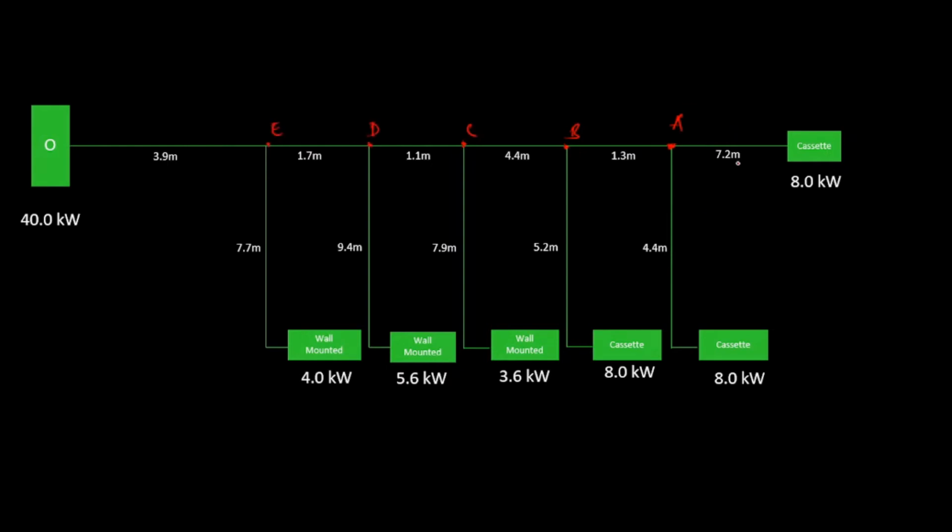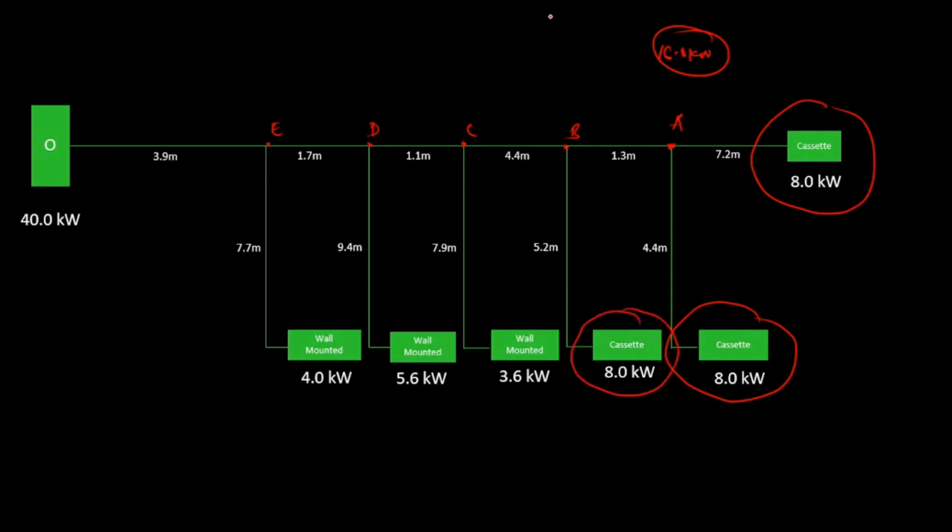At branch A, the total indoor units capacity is this plus this. So that's 16.0 kilowatts. At branch B, the total indoor units capacity is 16 plus 8.0 kilowatts again. And that'll give us 24.0 kilowatts. At branch C, the total indoor units capacity is 24 plus 3.6. That's this. And that will give us 27.6